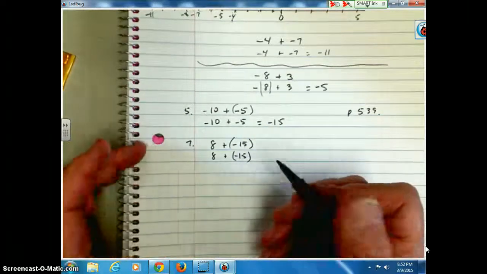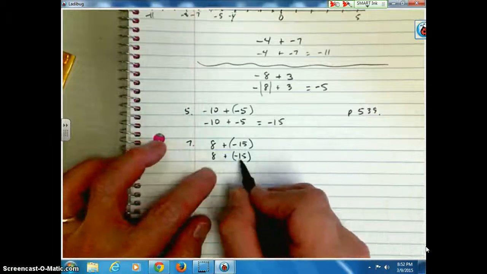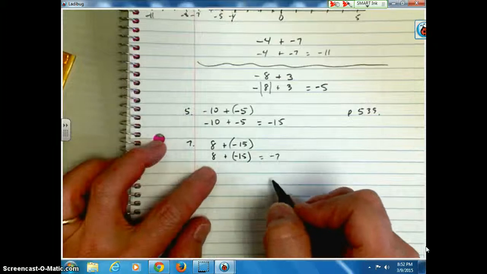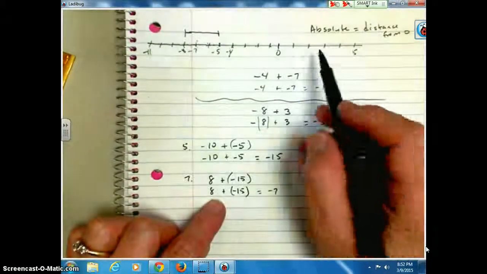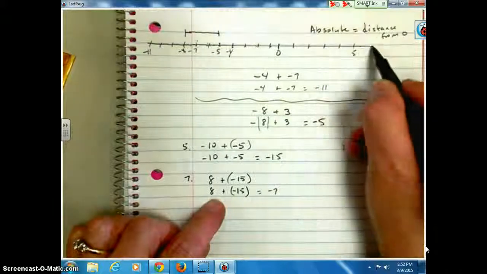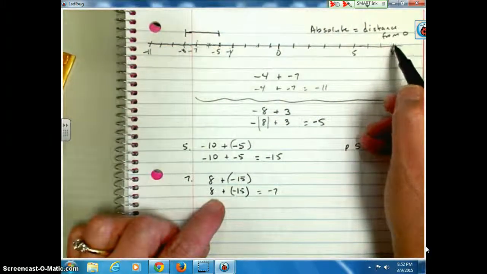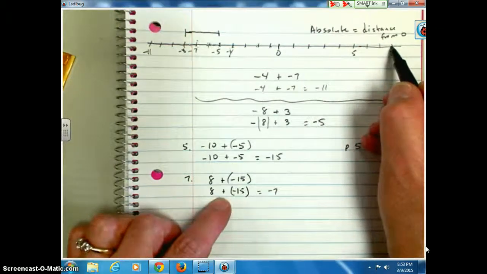And we say, well, by how much? It's 7 more. There are 7 more negatives than there are positives in this particular problem. And if I go back up to our number line, and we start with a positive 8, which would be over in here, 6, 7, 8. So if we went 8 positive, and then we went back 15 negative, we go